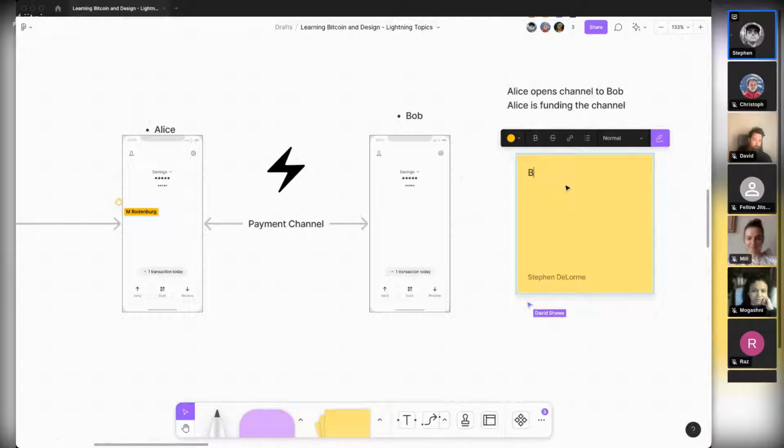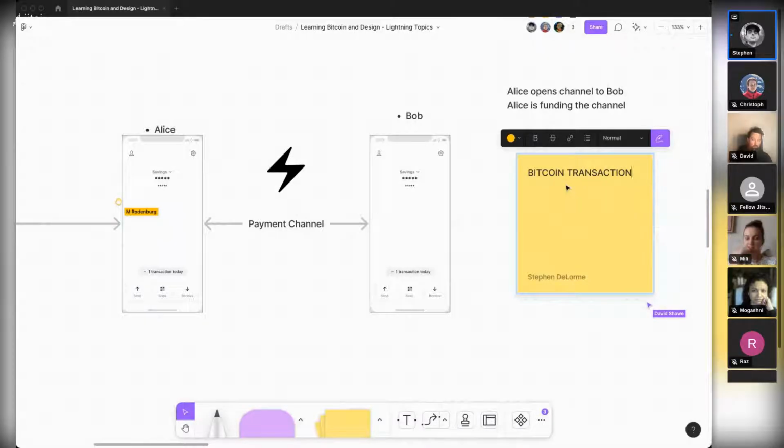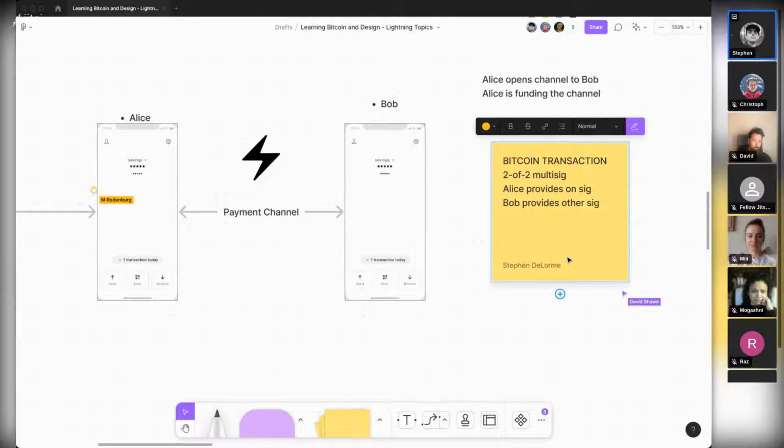What that is, it's just a Bitcoin transaction that gets sent to the miners and gets included in the blockchain. And this is going to be a special Bitcoin transaction. It's going to be a 2 of 2 multi-sig transaction. Alice provides 1 sig, and I'm going to simplify that as just sig. Bob provides the other sig. Obviously this would be written in computer code, but I'm just translating it